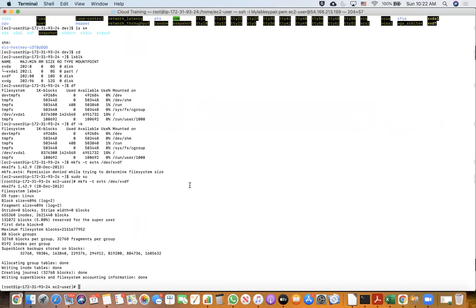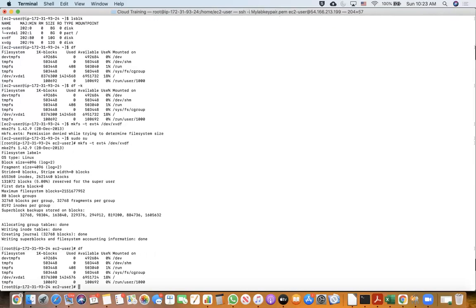Even though the file system is created, the volume is empty, it is just formatted. So if I put a df right now, you will still not see that. There is no file system visible. What you need to do is perform an action called mount. So first I am going to create a directory. Let us call this directory folder1.